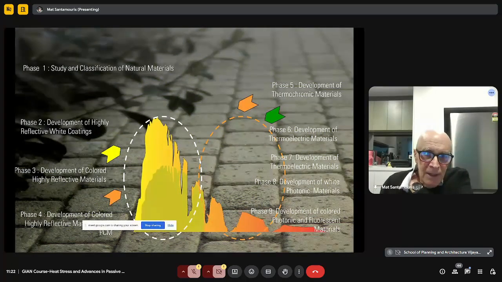On the contrary, other materials present diffuse reflectivity properties. They don't reflect to just one specific angle, but they reflect almost in all angles. So the reflected radiation is distributed all over the horizon. So in this case, we don't have problems of glare or contrast. All these problems are not so important.